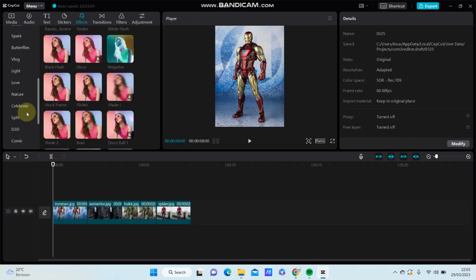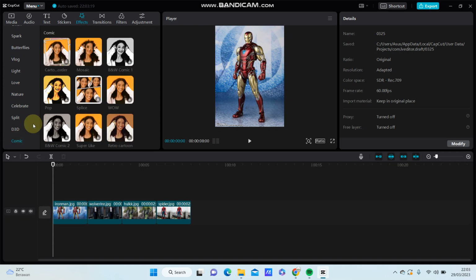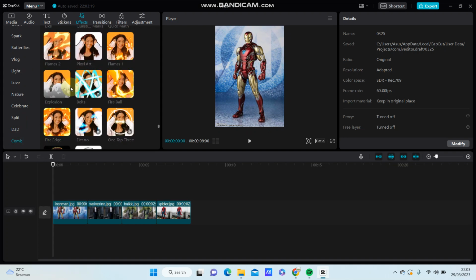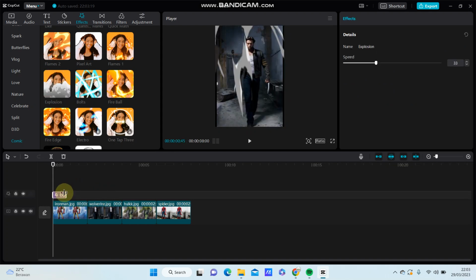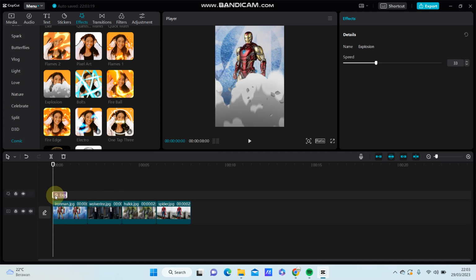bag and select the comic, and then look for explosion. Add the track and make it shorter and then just adjust the position